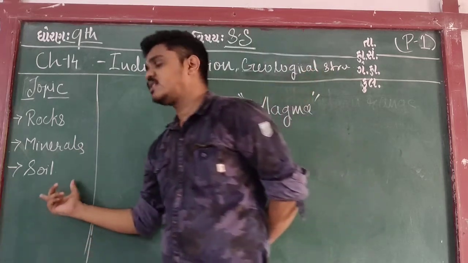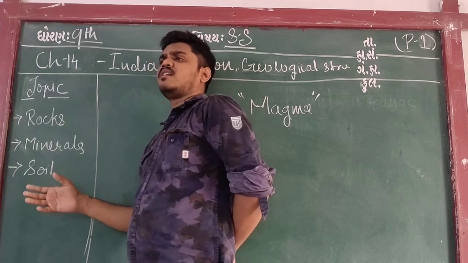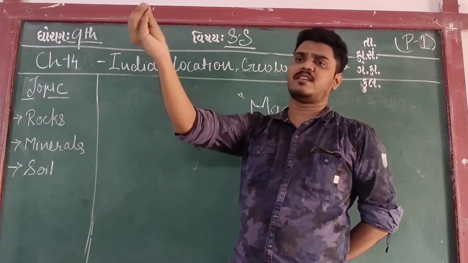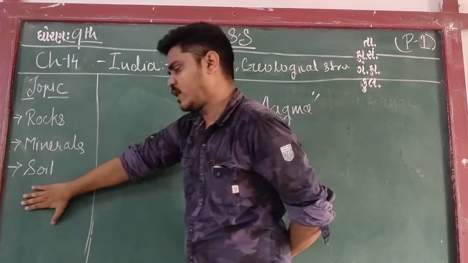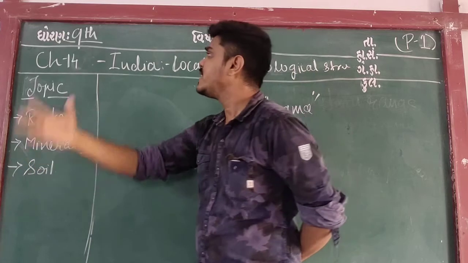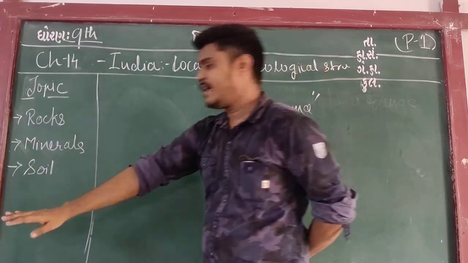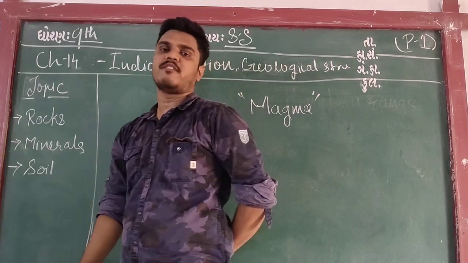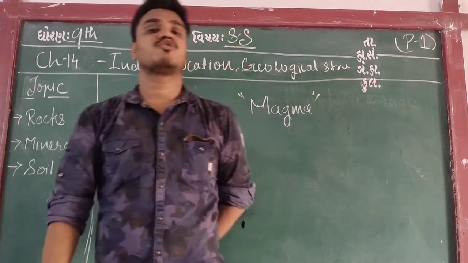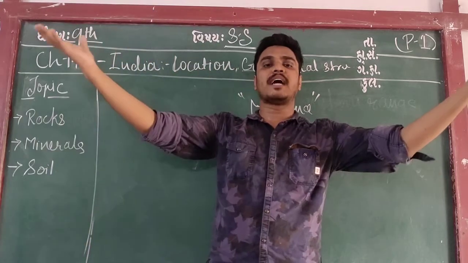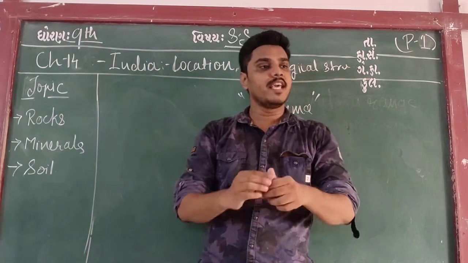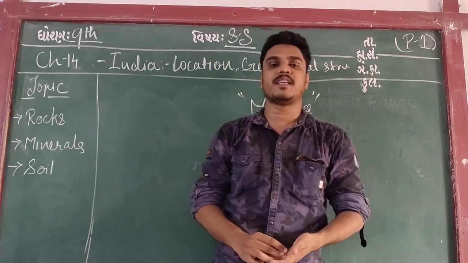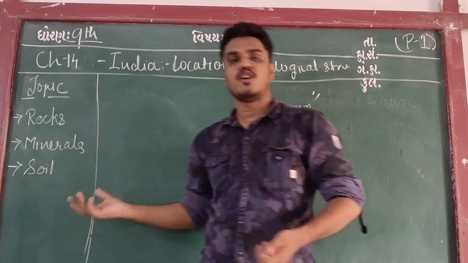Now we have the last and most general topic. It becomes general because each and every person in this classroom knows about soil. And I think earlier in this class or in 10th, I have explained soil very well. I don't know if in 9th or 10th, but I have explained soil very well. So what is soil? How is soil formed? When the rocks are disintegrated and a layer of small or fine particles, or we can say coarse particles, is formed, that is called soil.